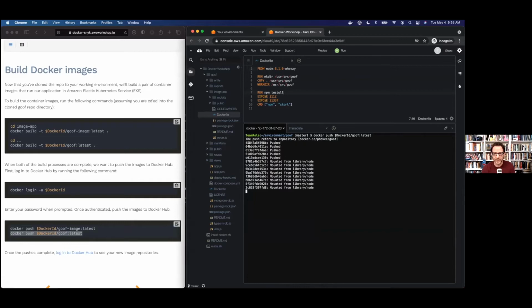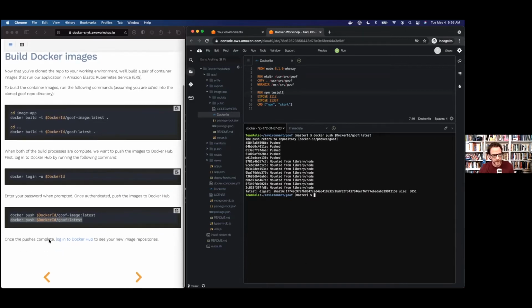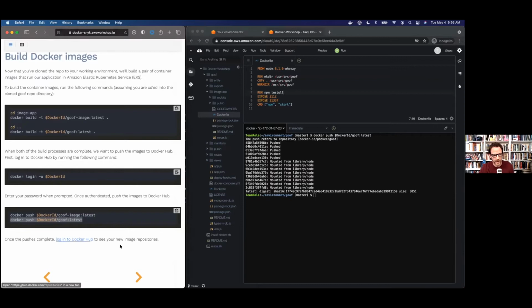And wait for it. There we go. Excellent. Okay. So just to recap real quick here. We cd'd into image-app and built that image using that Docker file inside that image app folder. And then we came back up a folder and we built an image in our root folder. And then we logged into Hub, and then we pushed those images into Hub so we can share them and use them later. Okay, so last thing, let's take a look at Hub, and we'll make sure that our images